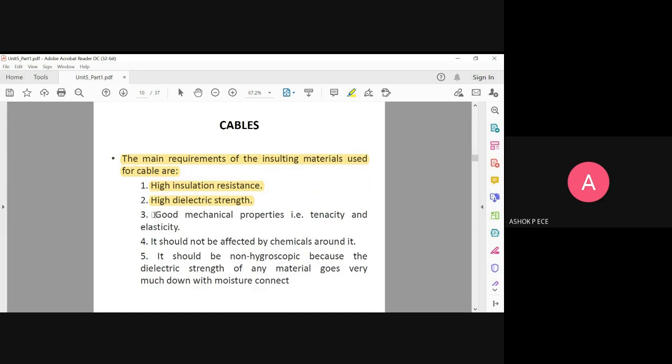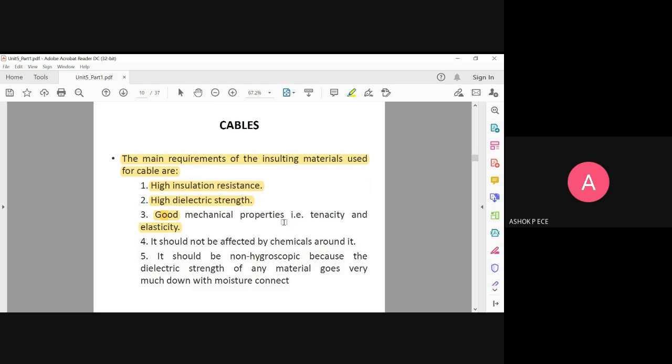So good mechanical property. So mechanical property is for their strength, elasticity and tenacity. Elasticity, how much ever you stretch, it has to extend, and tenacity is the durability of the cable. It should work for more number of years. It should not be affected by chemicals around it. Even if you pour a chemical on the cable, that should not be